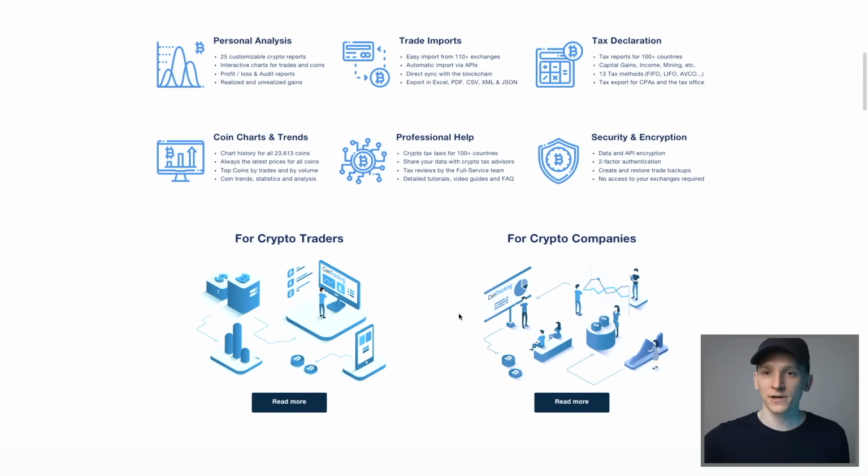CoinTracking is way more professional than something like CoinMarketCap. It's all automated, link it up. You have a lot of professional options if you need them. But as you can see here, the tax declaration with a lot of professional ways of looking at trades like last in, first out,